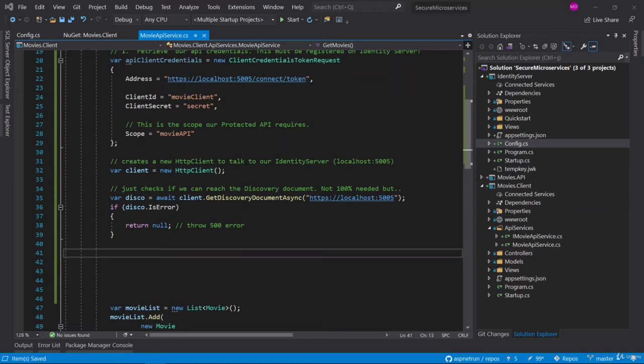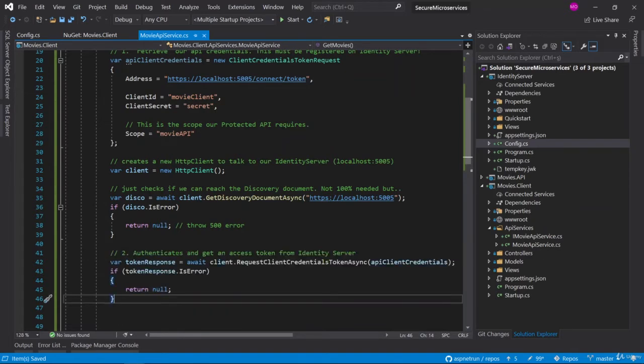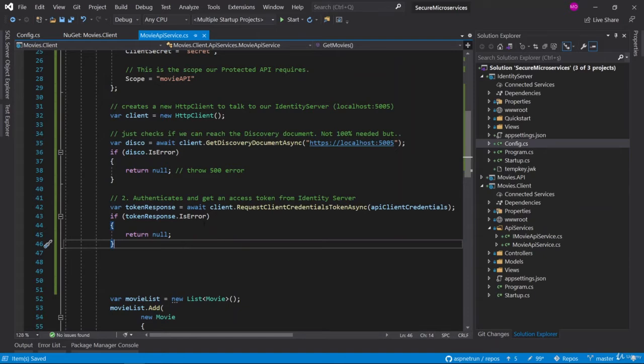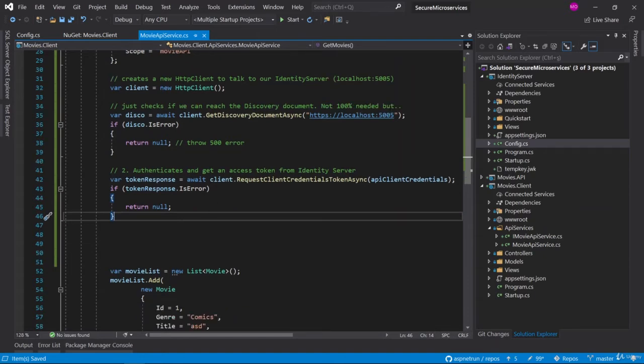So now I need to get token information from the identity server, and it is really basic when we request the client credential token async. As you can see, we already have an extension method. It is a very useful method. It directly requests the client credential token async from our identity server application.